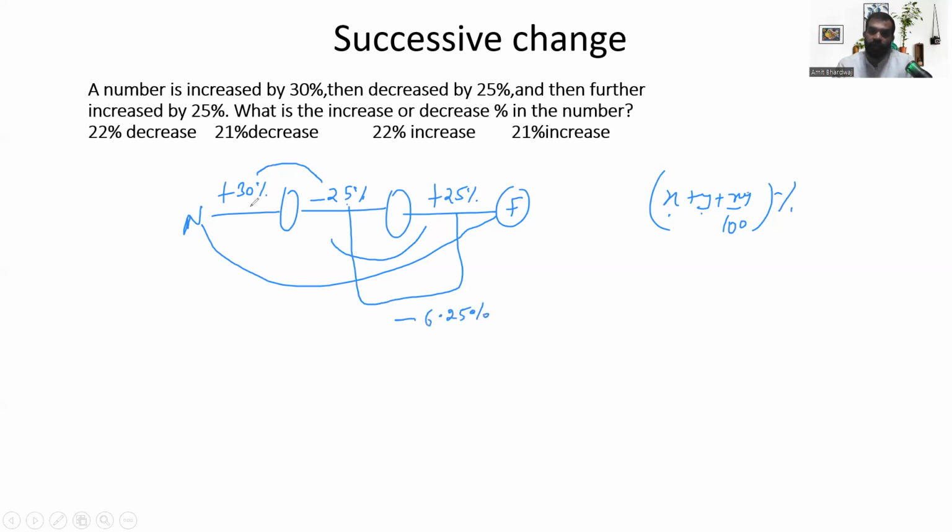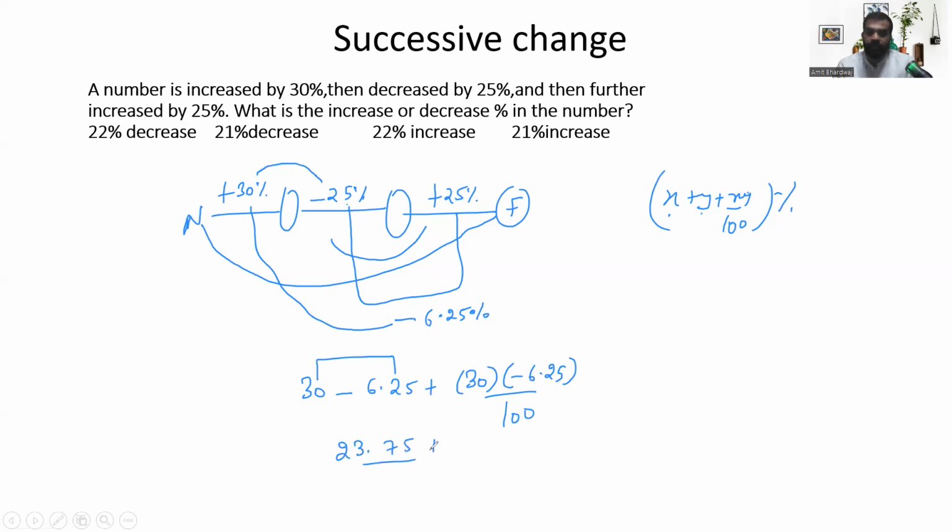Right? So the effective of these two: 30 minus 6.25 plus 30 minus 6.25, divided by 100. So this change is what? 23.75 plus, not plus, it's minus. 23 minus 1, which is